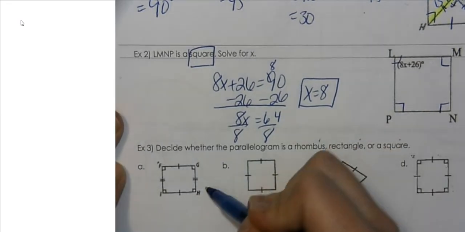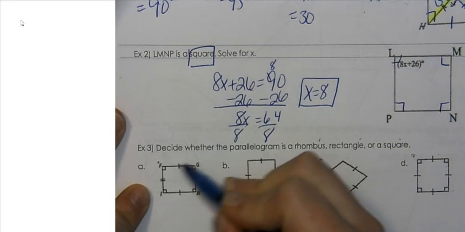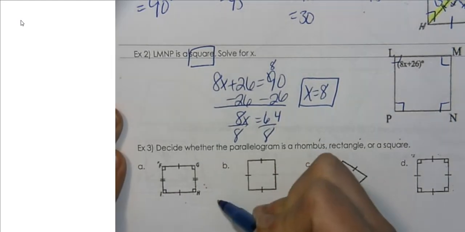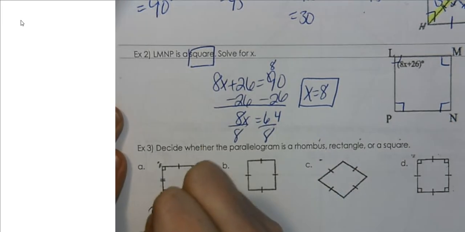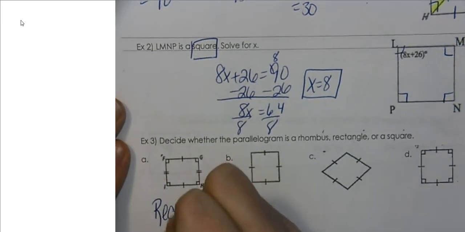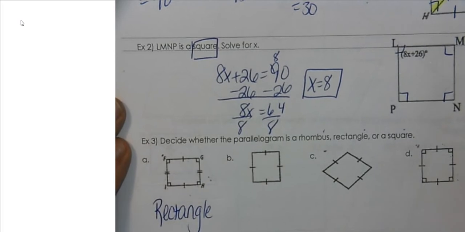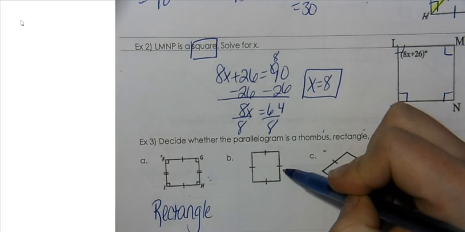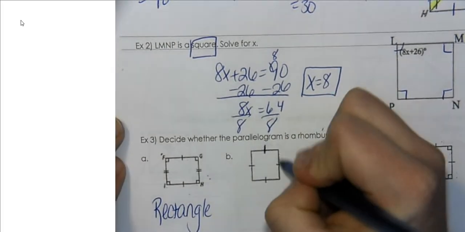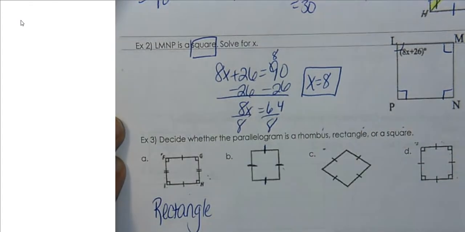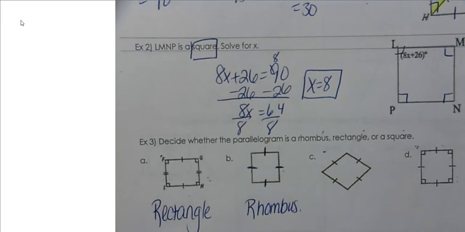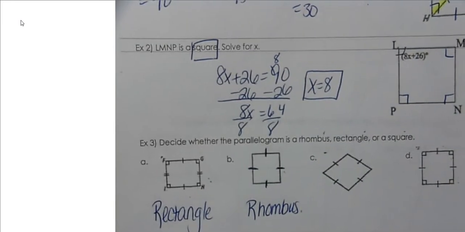So in this problem, letter A, I can see that we have 4 right angles and opposite sides are congruent, but all sides are not congruent. Therefore, the most specific name that I can give is a rectangle. Next, letter B. Letter B looks like a square, but the right angles are not marked. So we have to go with the most specific that we can actually say, and this makes this a